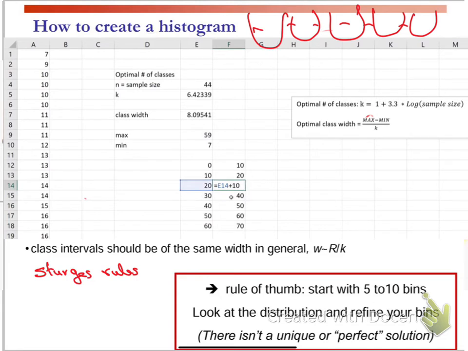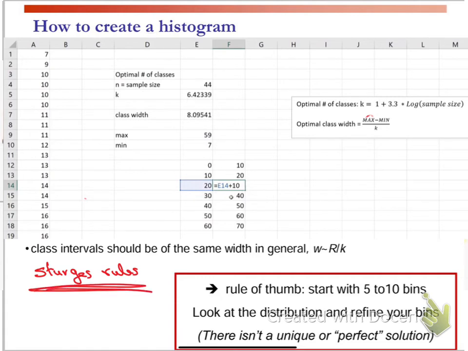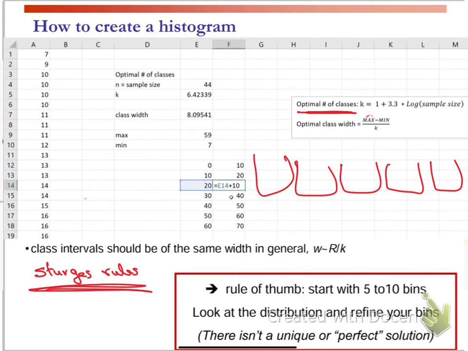Some of the scientists said we should not leave it to people's choice or randomly; we have to set a rule for it. There is a scientist called Sturges. He put some rules called Sturges' Rules. The rule says that the number of bins should not be left to people to determine whether they are 5 or 10 or 7 or 20 or 8. He said the optimal number of classes or bins. In the histogram, I have this class, the other class, the third class, and so on. So the optimum number of these classes